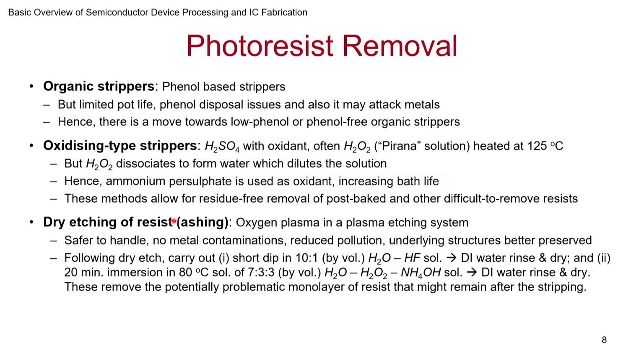burn it off, because photoresist, remember, is just an organic material. So you just end up getting carbon dioxide and water in the end. You can actually use oxygen plasma, which ends up being very effective in reacting with this and gets rid of it. And usually it is safer to handle, and there is no metal contamination because there is no solution, no bath in which you are dipping it. So there is no previous material that would have some metals dispersed in it and lurking around, and it shows up when you are trying to do the cleaning.